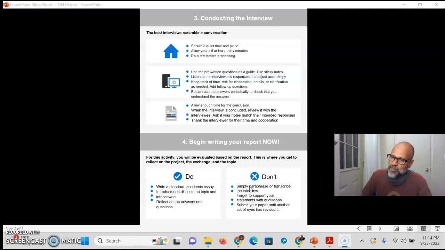Now, remember, you had questions before you came to the interview, right? Those questions will guide you. And while you're doing the interview, you can use a highlighter for check, I've done this. You can add sticky notes to help guide you. For example, if on question 1, they told you that they hate swimming, and question 16 was about how often you go swimming, you're going to say skip. You're going to cross it out, or you're going to write in your sticky note, what other cardiovascular activities do you engage in? So you're going to put that sticky note on that. I'm hoping that is making sense to you.